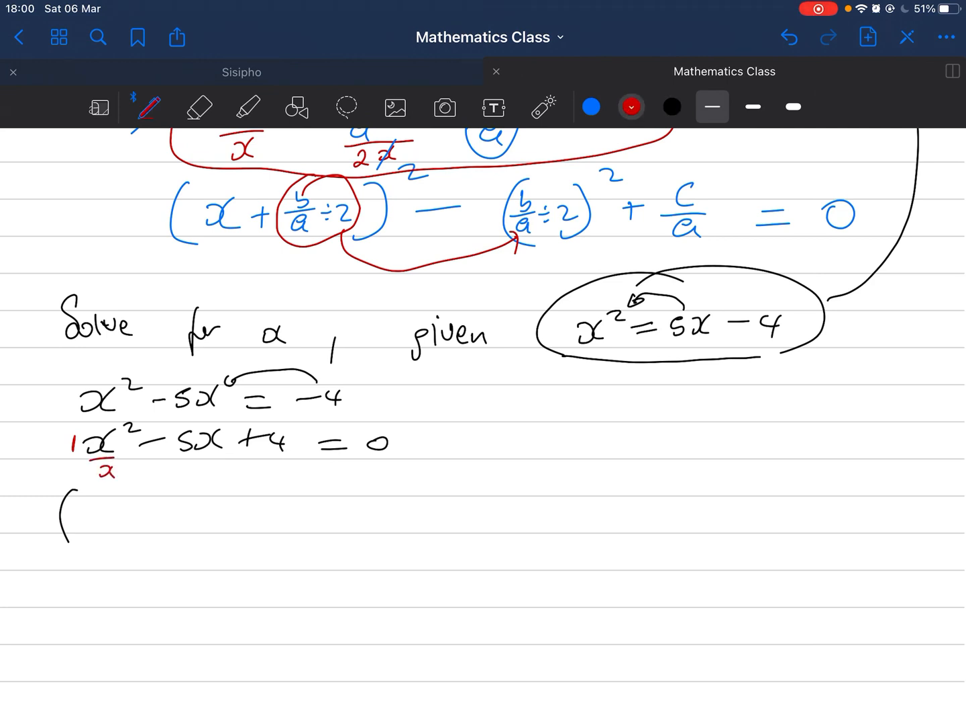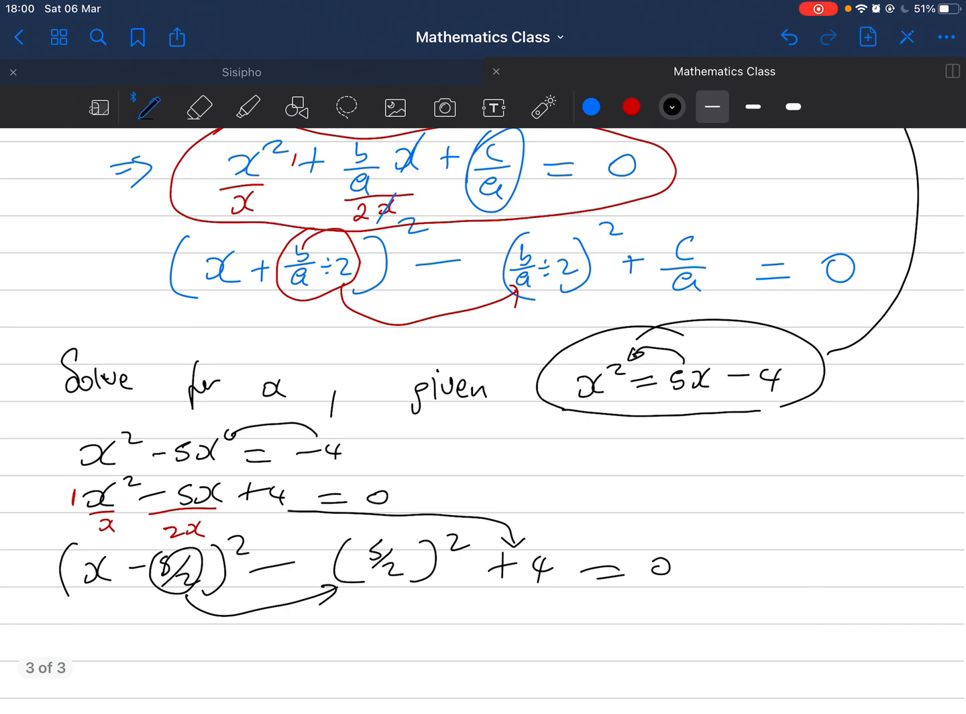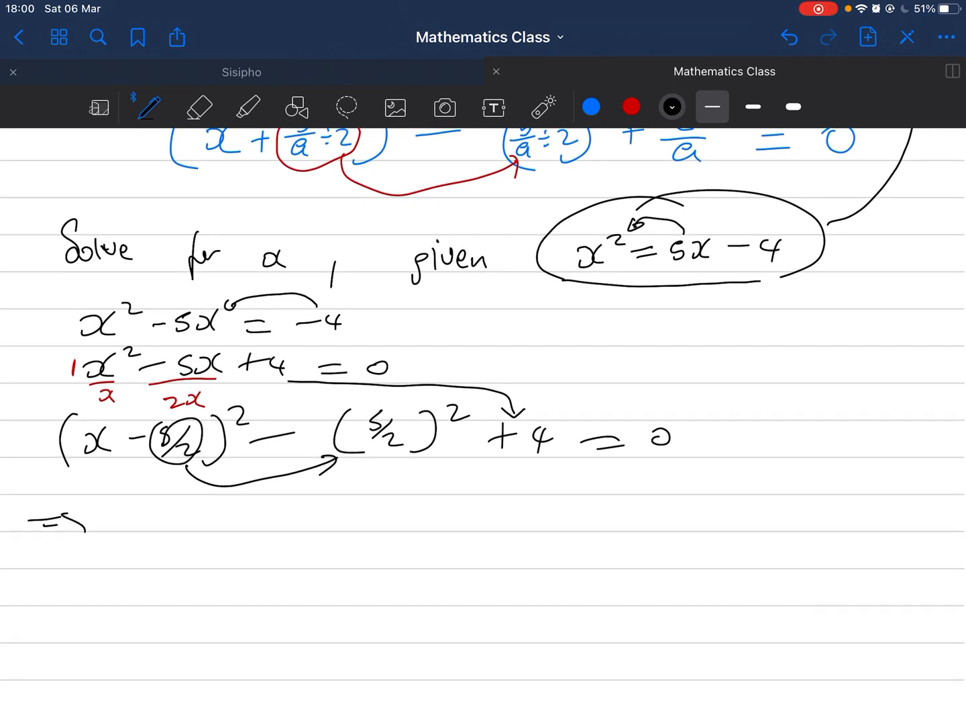over x, right? That's going to be x, and then divide the whole thing, negative 5x, by 2. What you're going to have is negative 5 over 2, and then square that, minus the small square, which is this whole thing over here, 5 over 2 squared, plus 4, there's 4 here, equal to 0. So that's what we did over there. So from here you're going to have x minus 5 over 2 squared